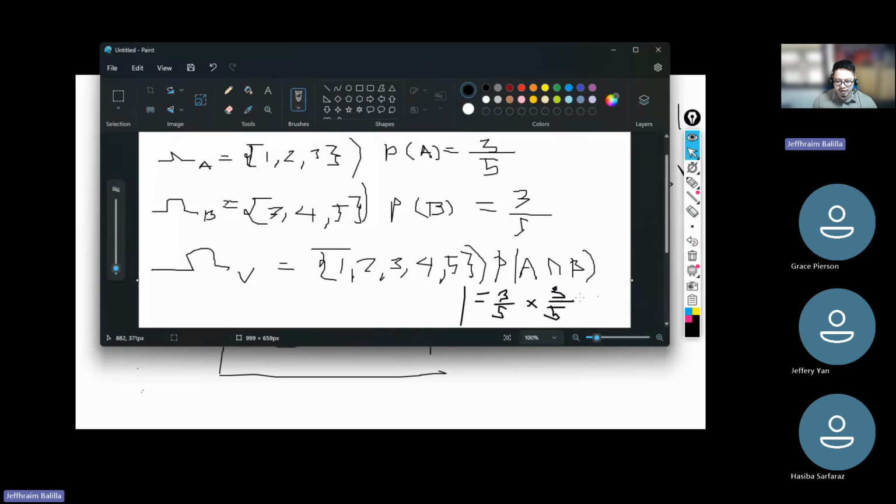just equal to 3 over 5 times 3 over 5. And what do we have there? It would be 9 out of 25. So this is the one that we need to subtract from the sum of this. So getting the sum of this would just be equal to the probability of A union B